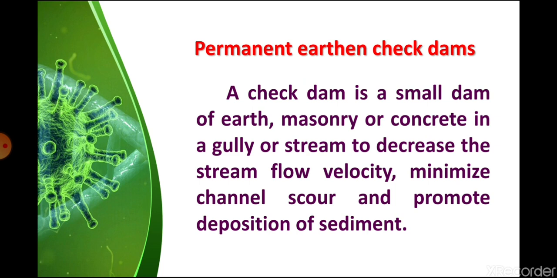After that we went to the mechanical measures, or engineering measures, which are effective and could be implemented quickly, out of which we studied different kinds of dams, check dams, boulder dams, and all those things. Then we came to the permanent structures, where we talked about the spillway, the different kinds of spillway, major parts of spillway, and all those things. So this is all about gully control measures for reducing soil erosion and stabilizing the slope.